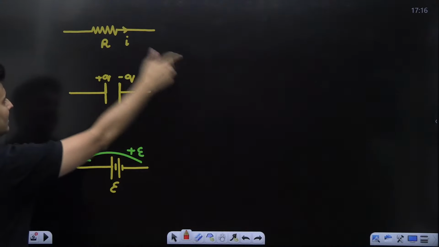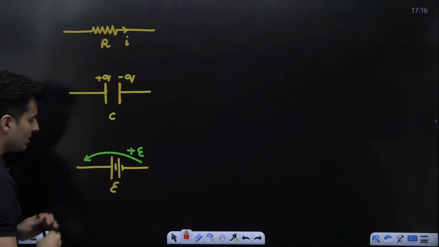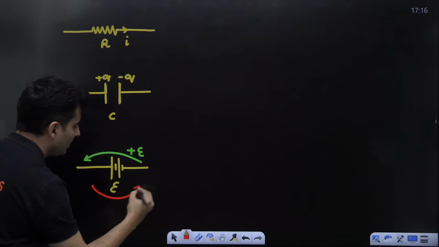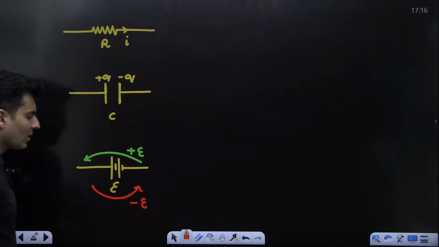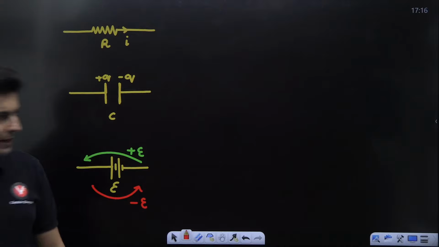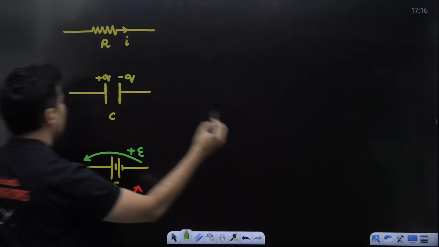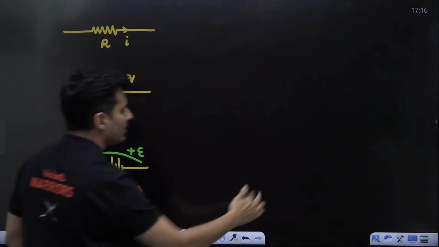If I'm traveling in a circuit and I encounter this battery, but I'm traveling like this, going from positive to negative terminal, so the jump will be minus E, or the change will be negative. I hope that makes sense. Very good. Similarly, for this particular capacitor, what you will notice is if anybody is going in a circuit and